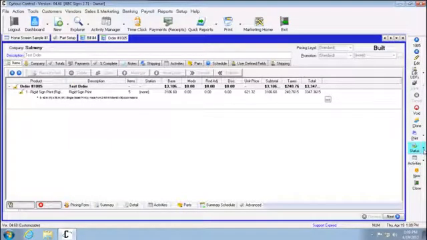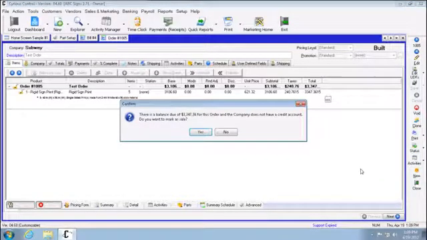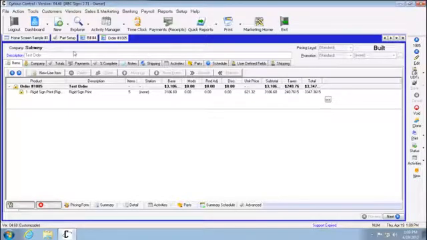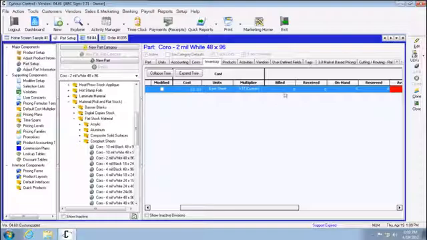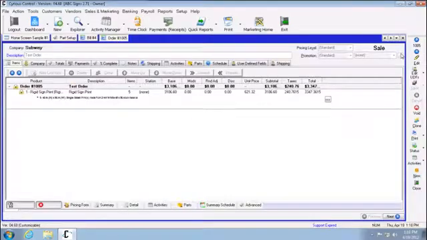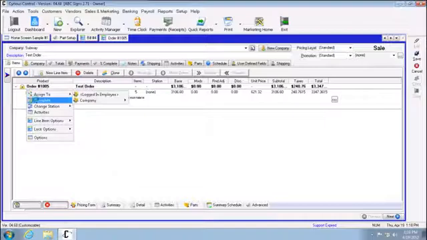So we're going to go back to the order, and when it's marked as sale, yes, and we'll go back to our part, and you'll see it has kind of completed it. 5 build, received, on hand. And now what we're going to do is, if for any reason you need to come back and edit this order,